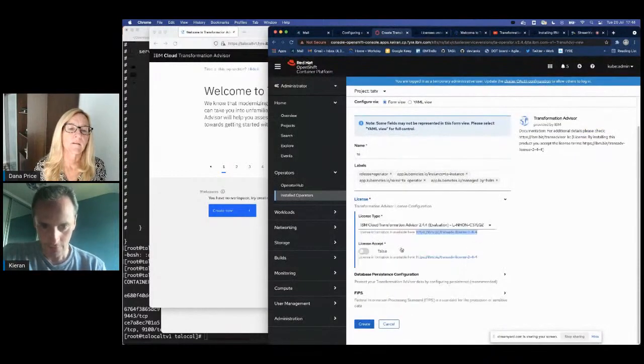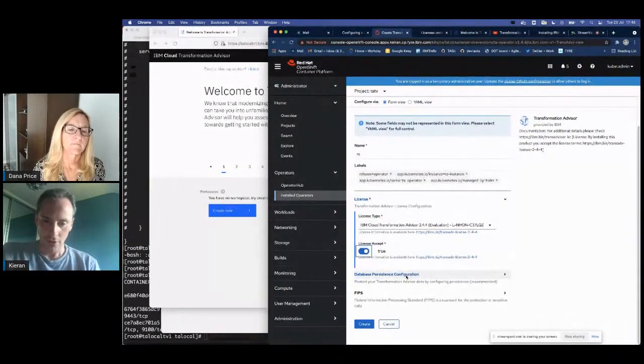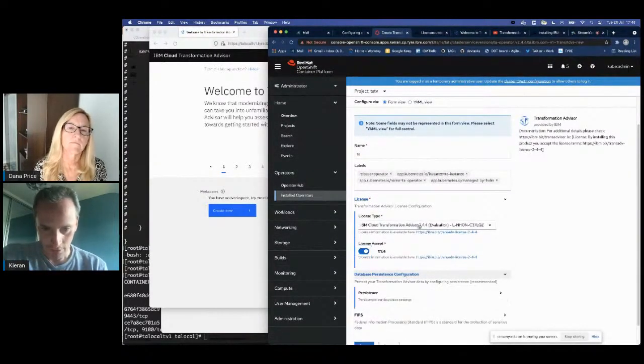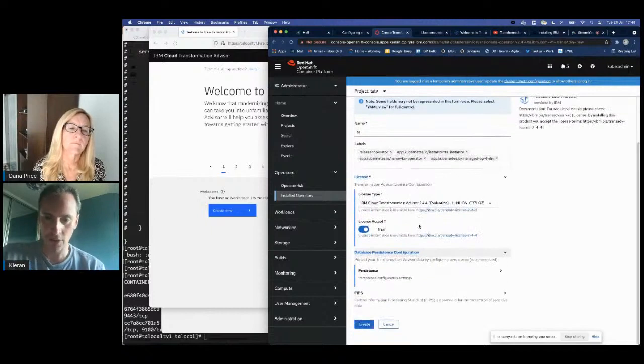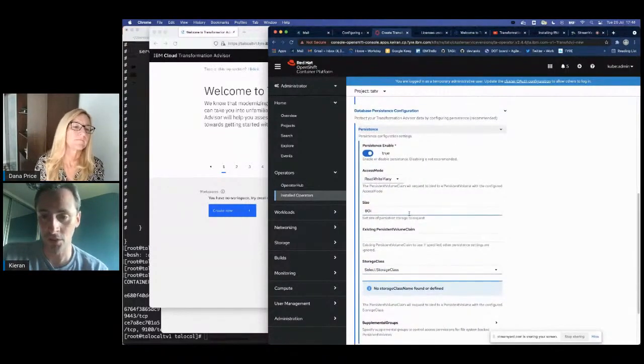So for this demo, I'm going to select evaluation, and I'm going to say yes, I accept it. The other interesting thing we've added to the form for installing the TA instance is the persistence configuration. This is another area that we get a lot of questions on and support on, and I think just by nature of the fact that